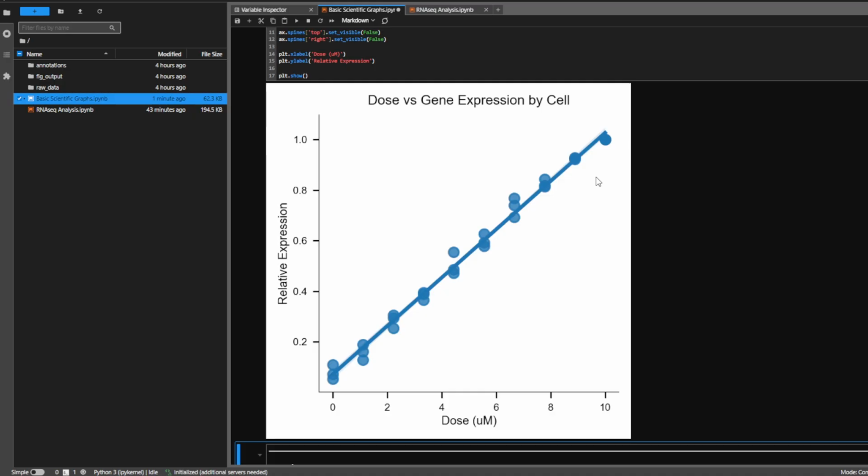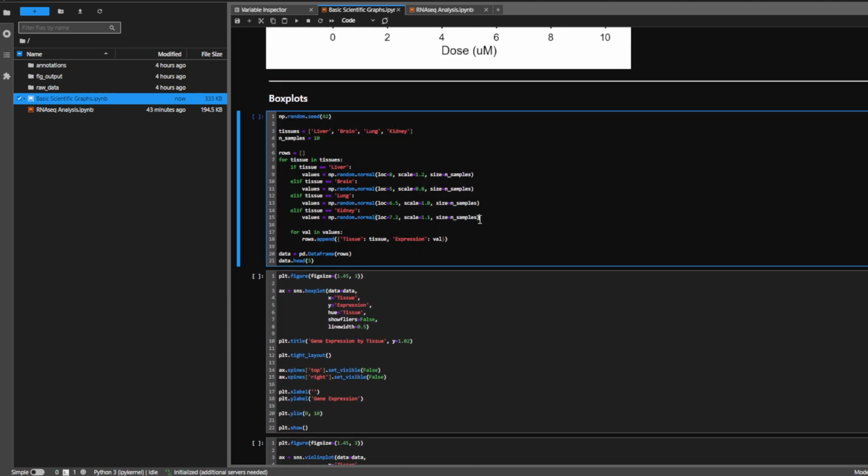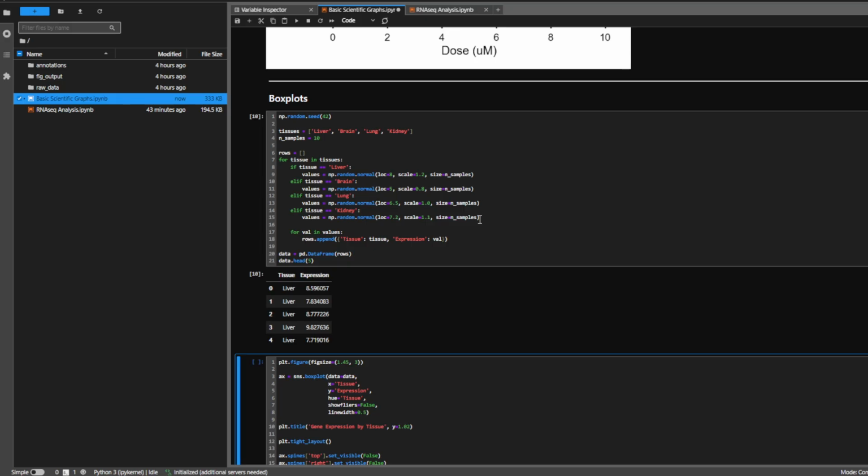This is where you can also do some Pearson correlation or Spearman, whatever, and show the relationship, like that. So moving on to box plots, this is if you have a distribution of data for multiple